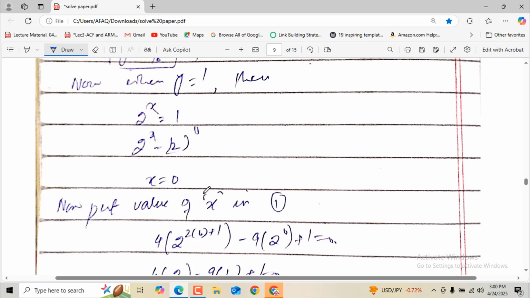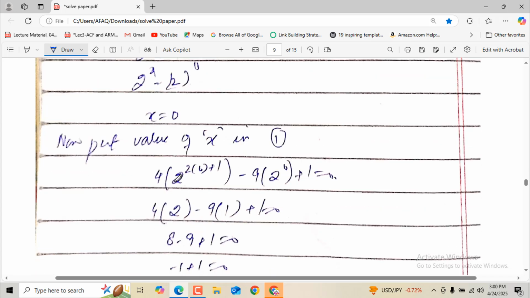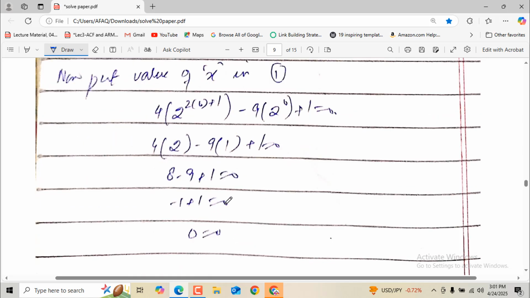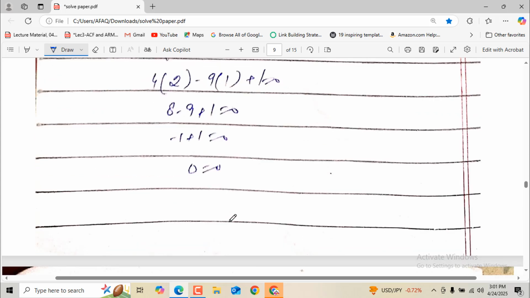Now put the value of x in equation 1. We will get 4 times (2 raised to power 2 times 0 plus 1) minus 9 times (2 raised to power 0) plus 1, and this is equal to 4 into 2 minus 9 into 1 plus 1 is equal to 0. 8 minus 9 plus 1 is equal to 0. Minus 1 plus 1 is equal to 0. It means our answer is